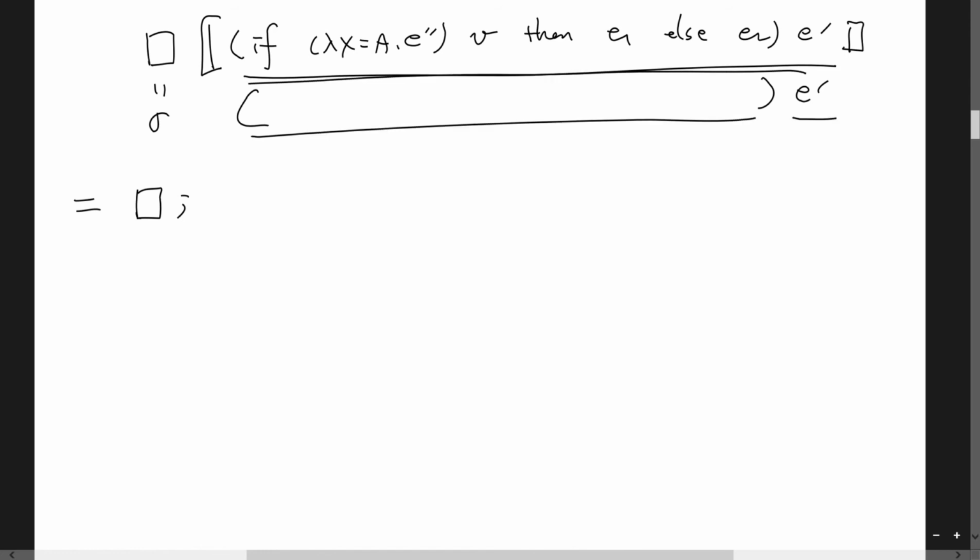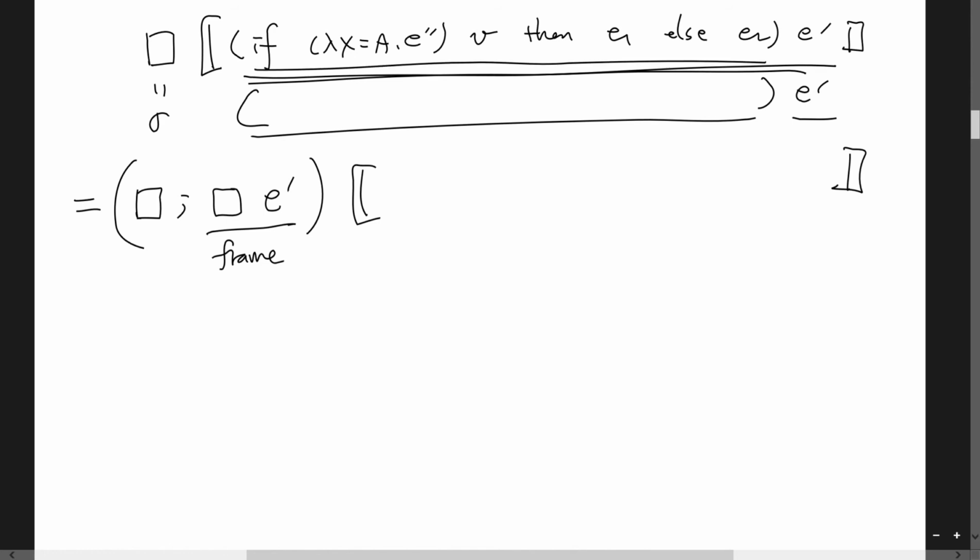So you leave something applied to e prime. So you introduce a new frame here. This is a new frame, and then the next sub-expression to analyze is this one. So you copy it. If lambda x e dot e double prime value v, then e1 else e2. Now the stack of frames has grown by one element,